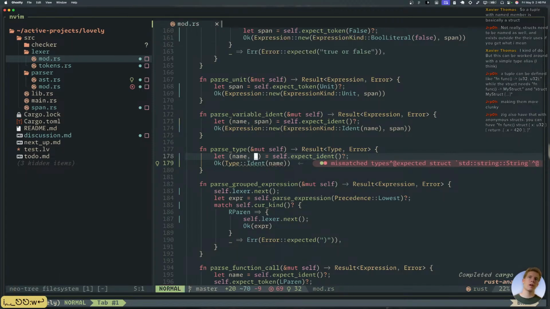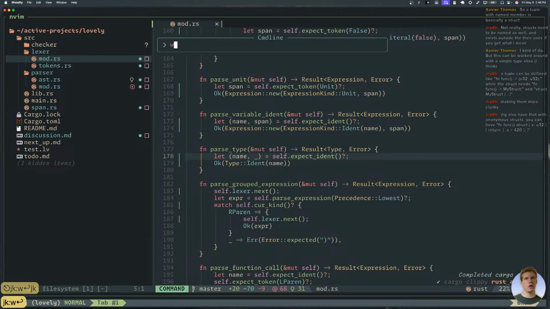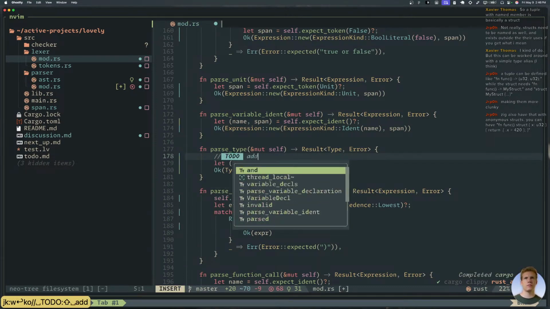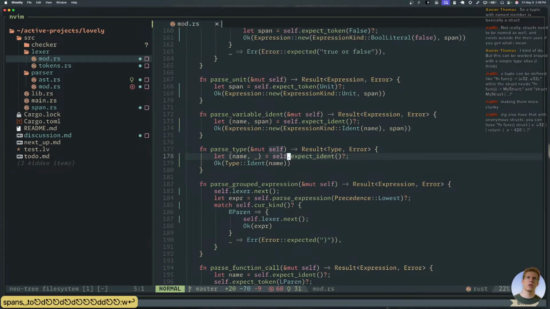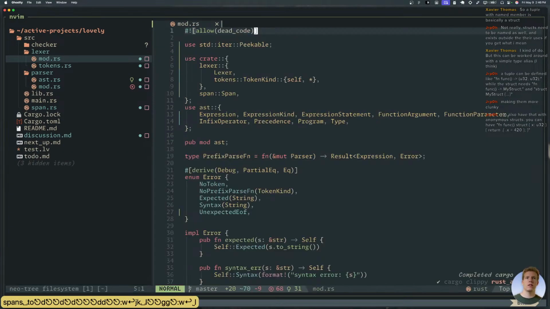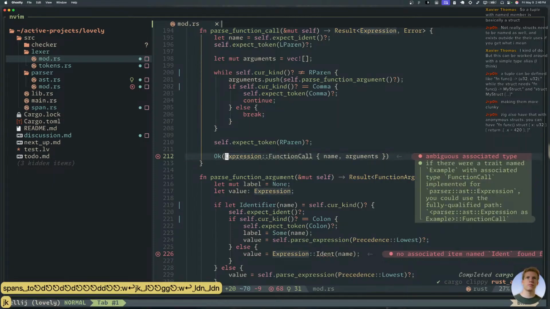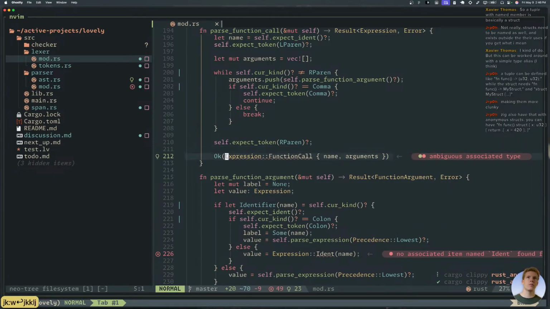I have to do this. Okay. So we're ignoring the span for now. Which, yeah, later we'll probably want it. Well, we'll just get there when we get there. All right, we're back down to 68 errors. Record low.